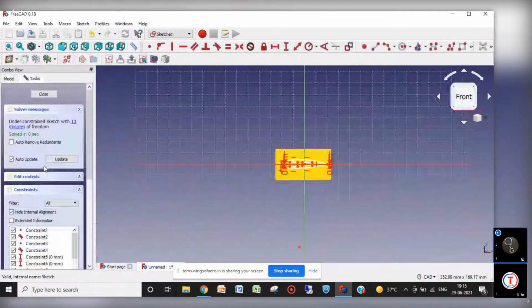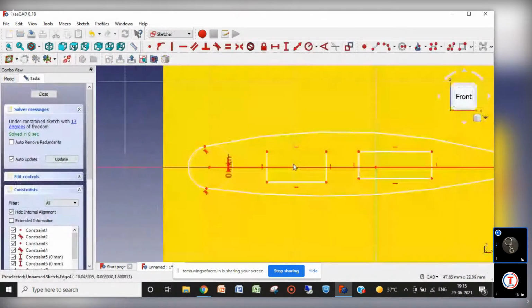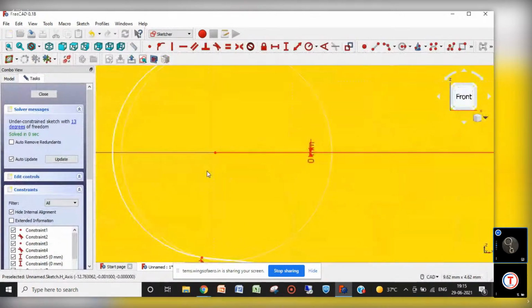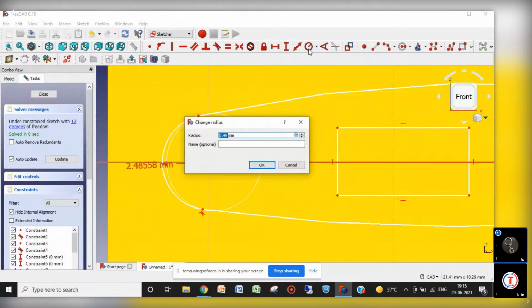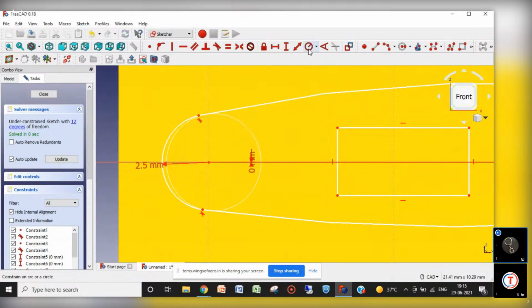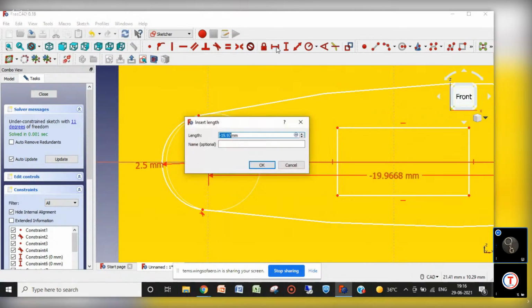We can give dimensions to this one so that we can have the exact thing. 2.5, and this point is minus 20